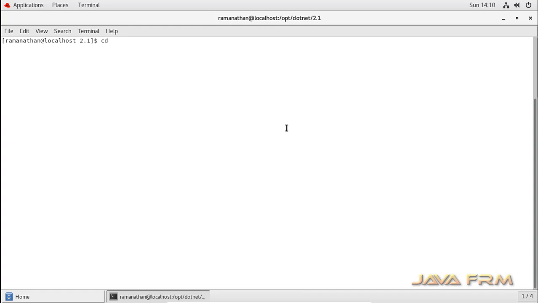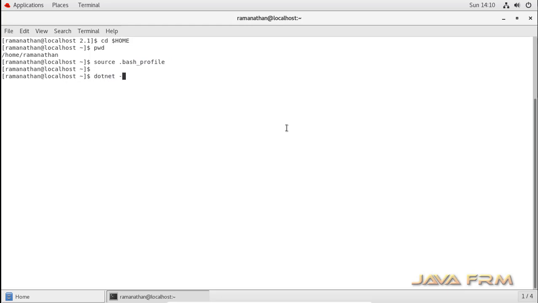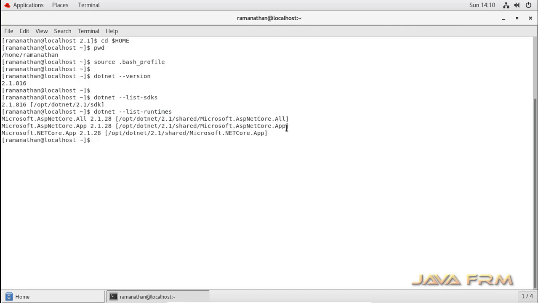Back to terminal, come to the home directory, source bash_profile. Now I have started executing .NET commands. dotnet --version will give you the installed version, dotnet --list-sdks will give you the SDKs available, and dotnet --list-runtimes will print the .NET runtimes available in this package.